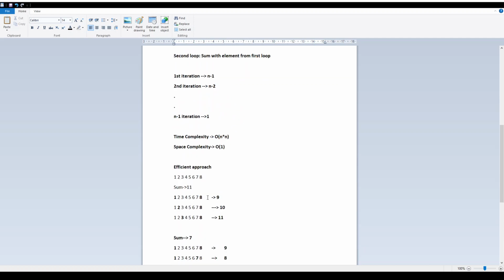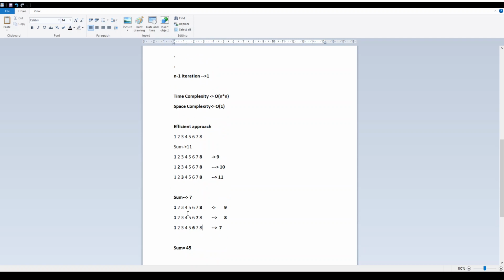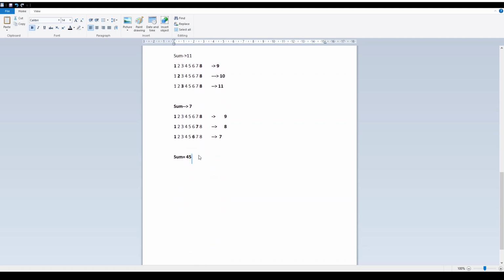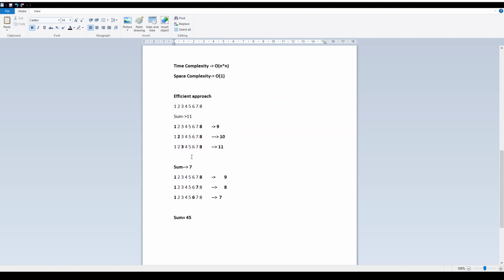So what was the time complexity of this? The time complexity is order of n. Why order of n? Because there was only one iteration.